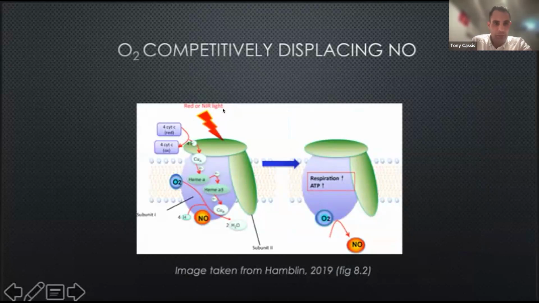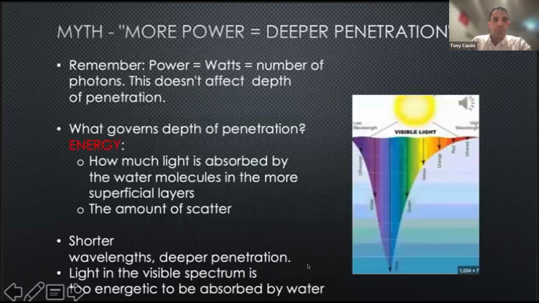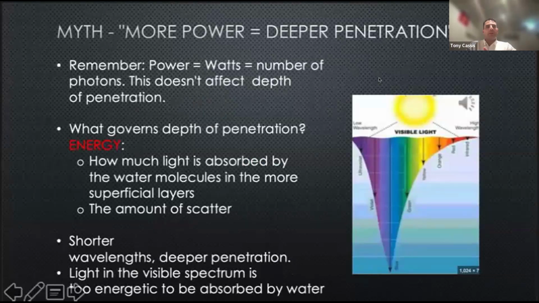And then this particular paper was talking about near-infrared, and we'll talk about why that's less of an effect. That near-infrared is maybe less effective than the red light wavelength. But no different: the light comes in, helps displace the nitric oxide, allowing oxygen to bind. Okay, so one of the other myths that I come across a lot with my research was that